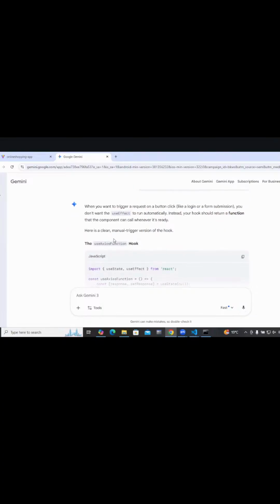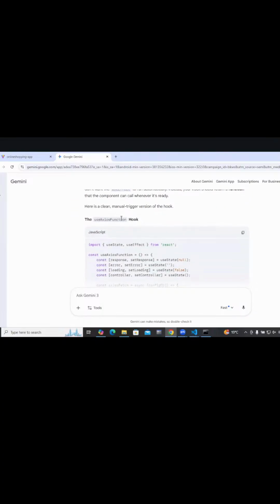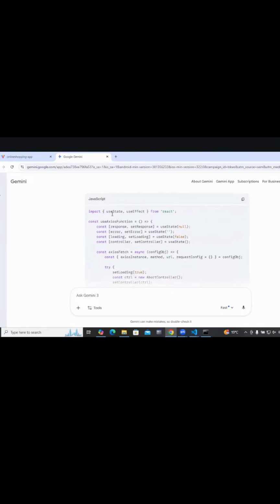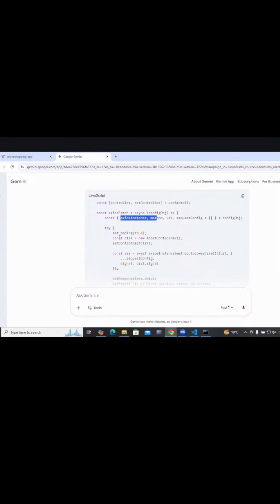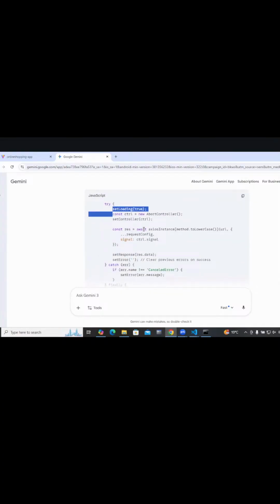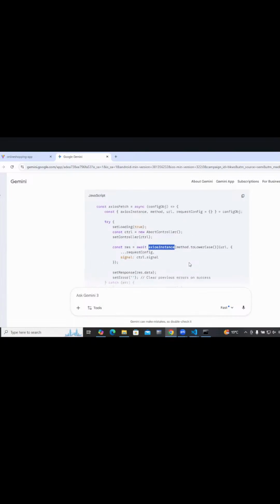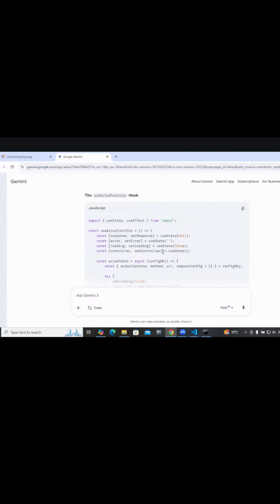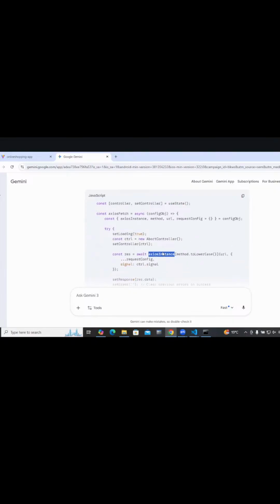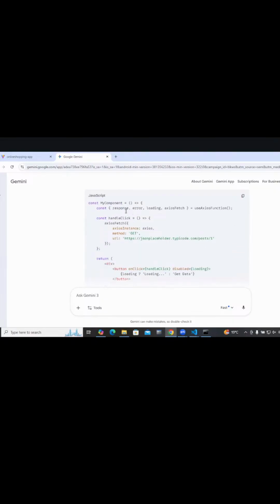useAxios function, controller, Axios instance, so and so, try, set controller const. You see, response, Axios instance. What is this Axios instance? Now here, how is he using response, error, loading and fetch? It is coming from here.